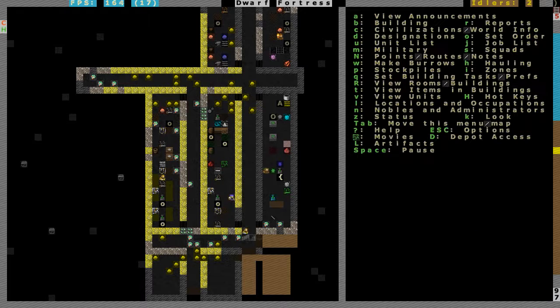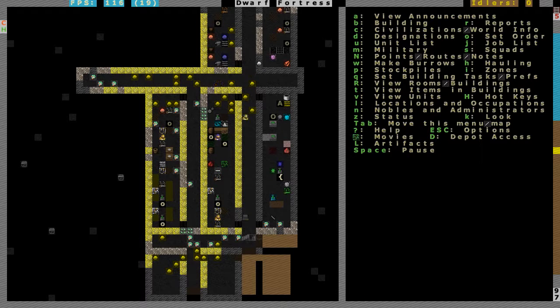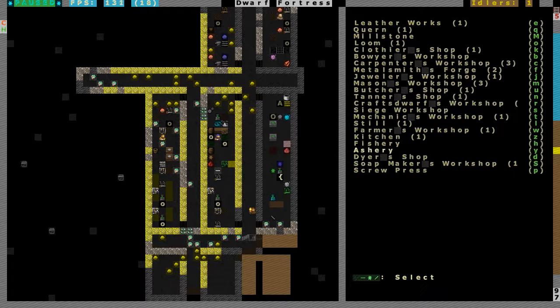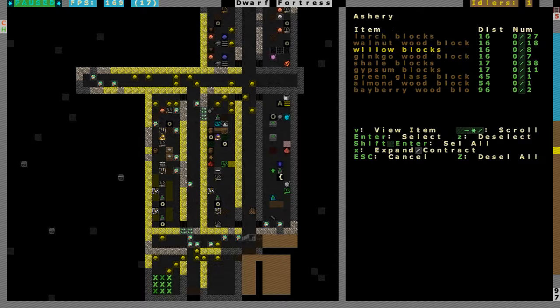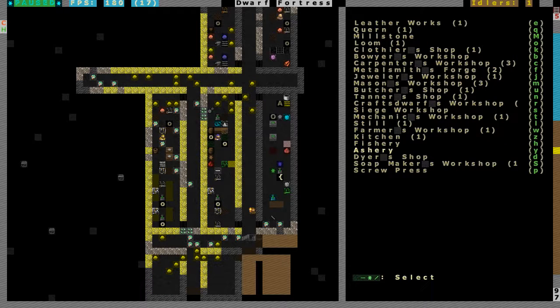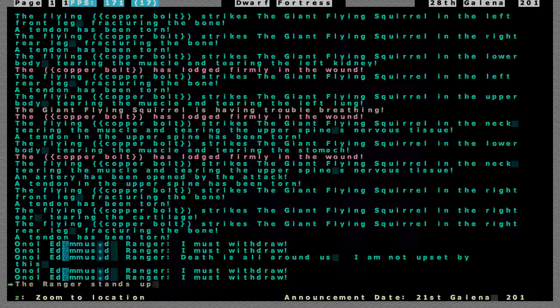Okay, well, I've ordered buckets to be made, so I should be able to see them come down here. And yeah, here we go. There's a carpenter making a bucket for me. That's good. We now have a bucket. Ashery. Let's get it over here. It's not too far away from the soap makers. Use the gypsum blocks. There we go. Oh, so much to do after an attack like that. I've still got range